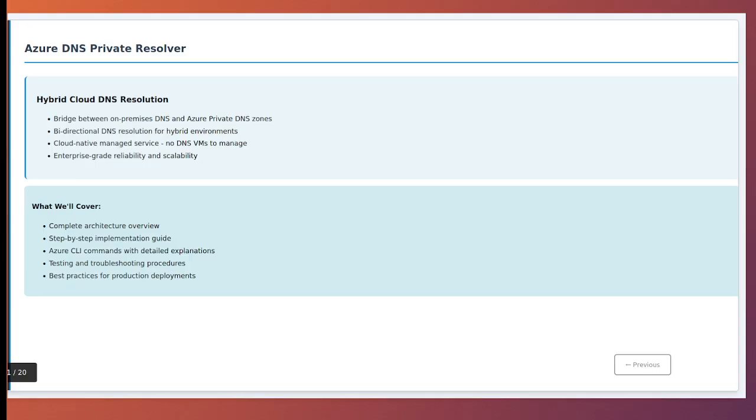Today, we're diving deep into Azure DNS Private Resolver, a critical service for hybrid cloud networking. If you've ever struggled with DNS resolution between your on-premises networks and Azure, this service is your solution. Think of it as a translator that enables seamless communication between two different DNS worlds, your on-premises DNS infrastructure and